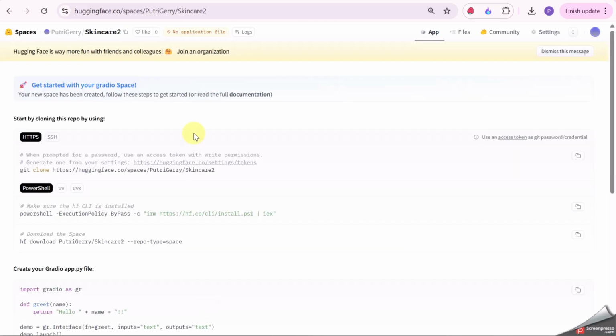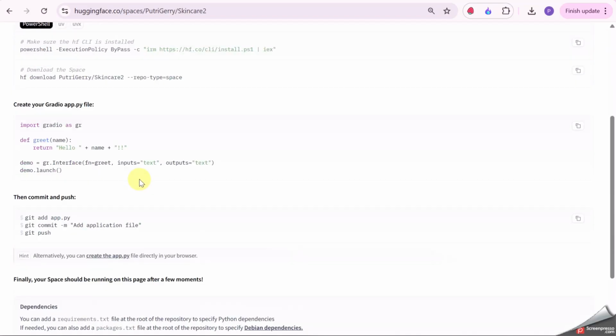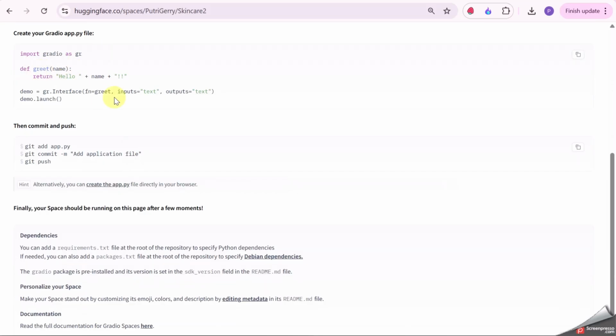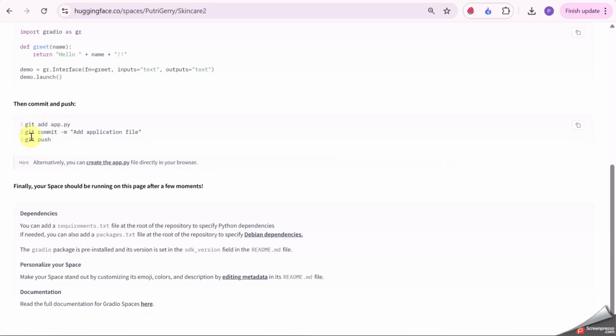To submit the documents to the space, we can use some methods. One of them is by using git commit and push, but because I rarely use git commit and push, I directly drag and drop the files into the space.